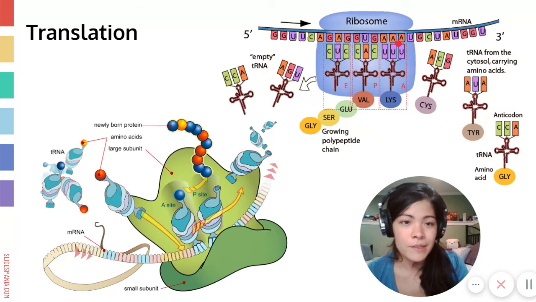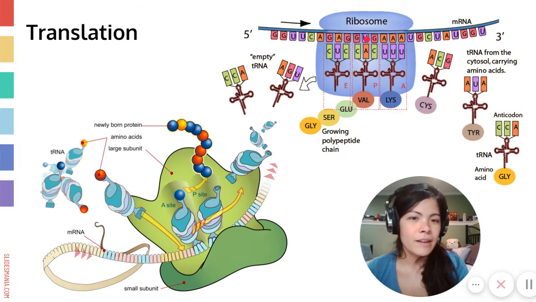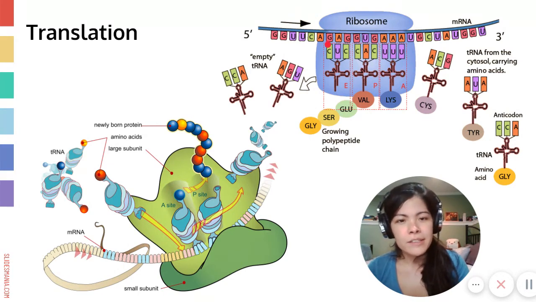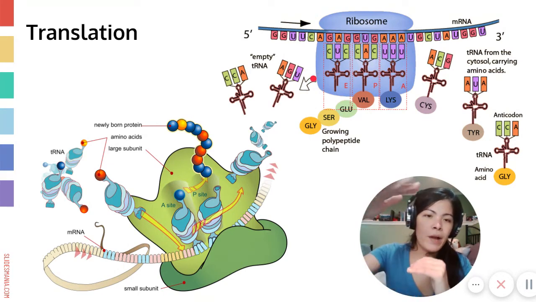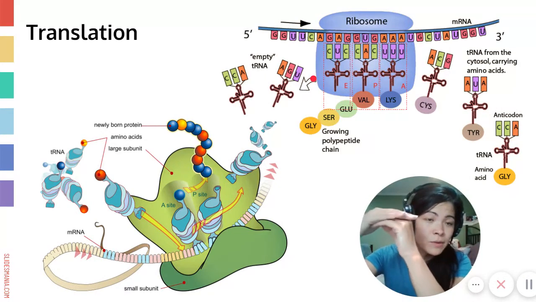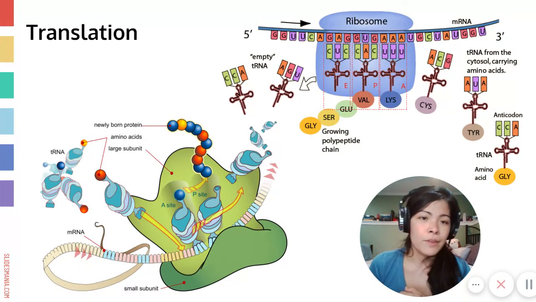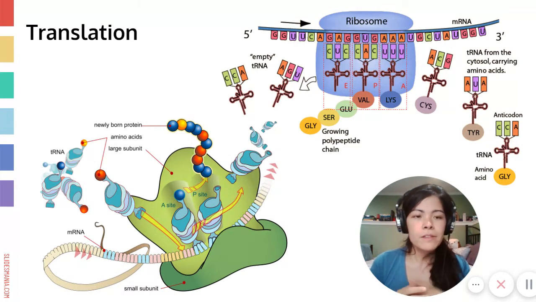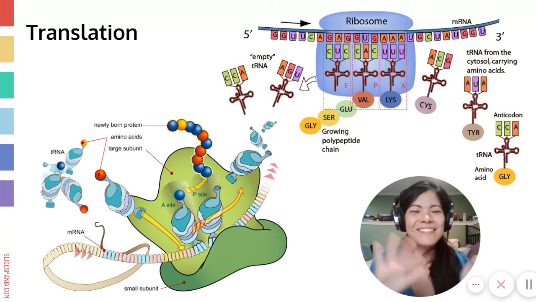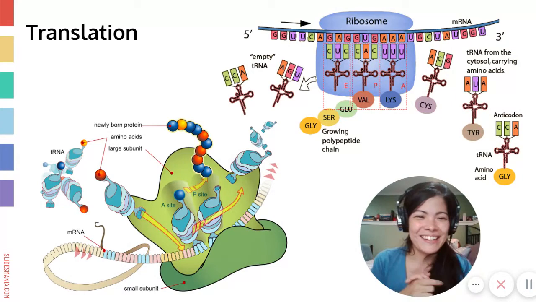So A's like to be with T's, which are U's in RNA, but you can see C's and G's like to be together. So G is with C, G is with C, and then again, we have an A, and instead of a T, we have a U. And then again, G and C, A and U. So by being complementary to that sequence in the mRNA, we're able to bring in exactly the right amino acid for that spot. So take that if you like it, ignore that explanation